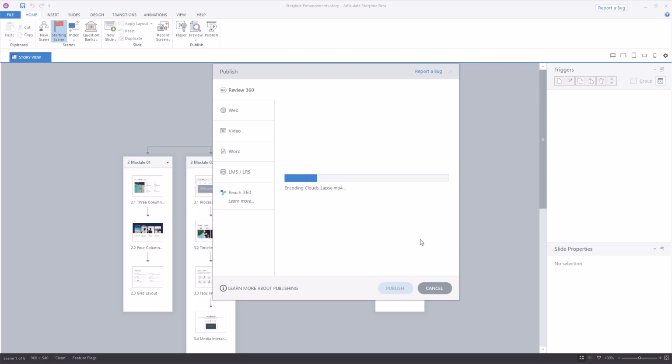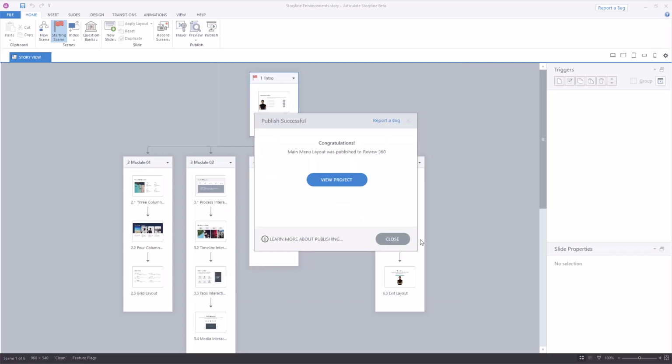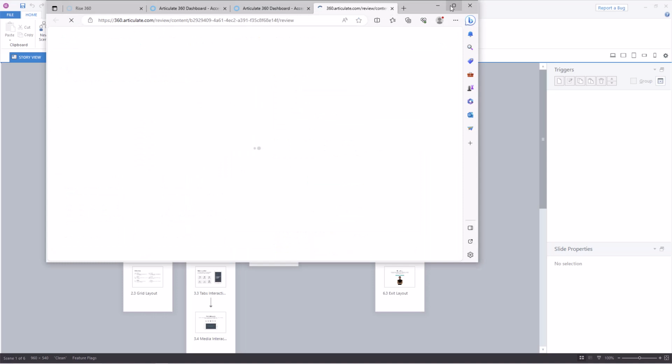Yeah, so a lot of questions already coming in on the cloud backup. We're going to cover that, but essentially, if you choose to include your project file with the publish to Review, you'll be able to access your Storyline project files really anywhere that you can access Rise. So if you're at a different computer, different locations, or in a lot of cases, you need to grab that backup. Okay, so we'll click View Project and just pop that open.